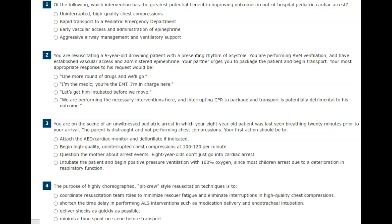Now we've got a 15-question quiz that we'll just work through together here. Question number 1, of the following, which intervention has the greatest potential benefit in improving outcome in out-of-hospital patient pediatric cardiac arrest? Number 2, you're resuscitating a 5-year-old drowning patient with a presenting rhythm of asystole. You're performing bag valve mask ventilations and have established vascular access and administered epinephrine. Your partner urges you to package the patient and begin transport. Your most appropriate response to this request would be